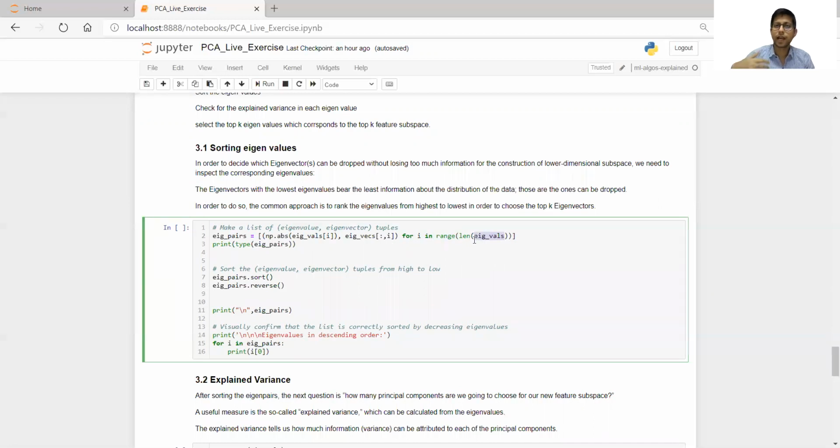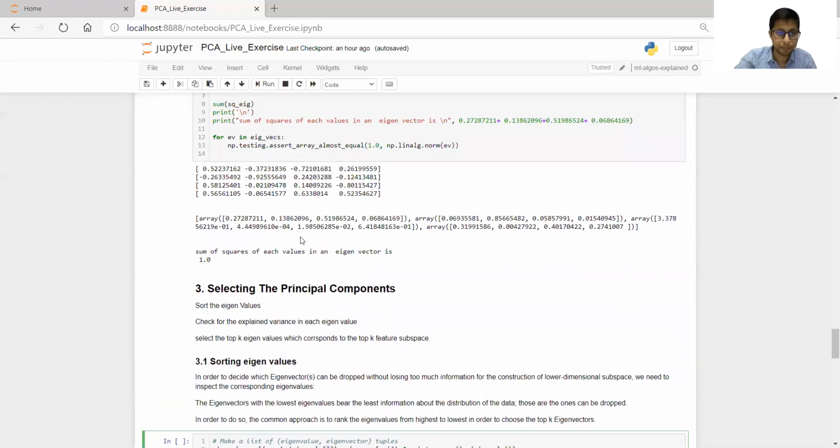If we have 4 eigenvalues, then 1, 2, 3, 4, so we go from 1 to 4. Then in eigenvectors we are passing this i, so it gives you the first set of eigenvectors, and in eigenvalues we are passing i, so it returns the first eigenvalue.